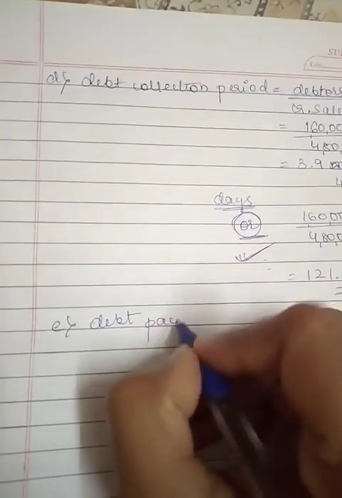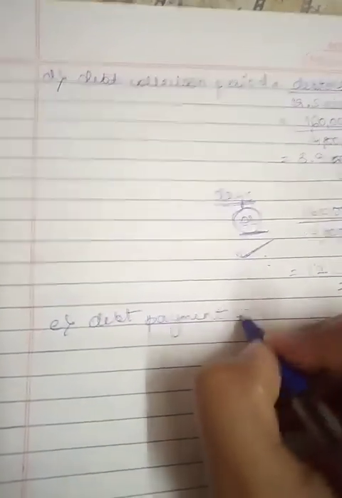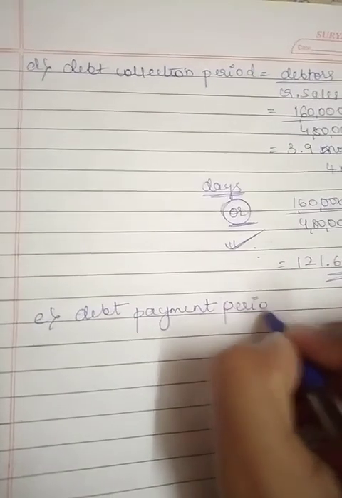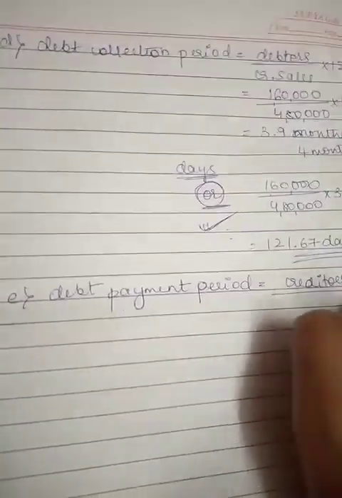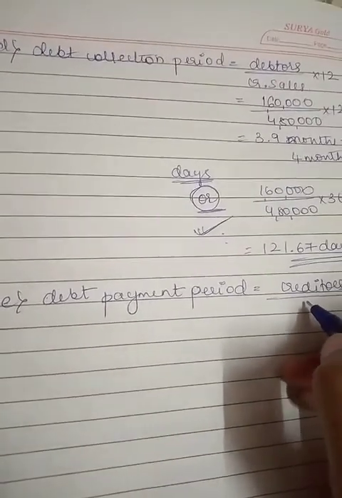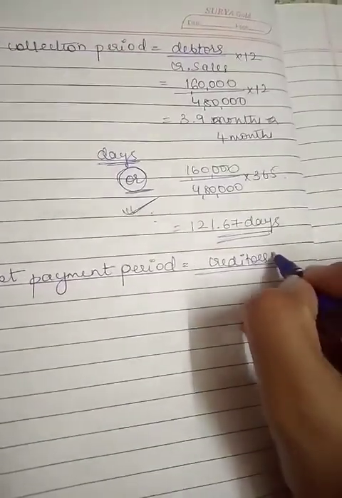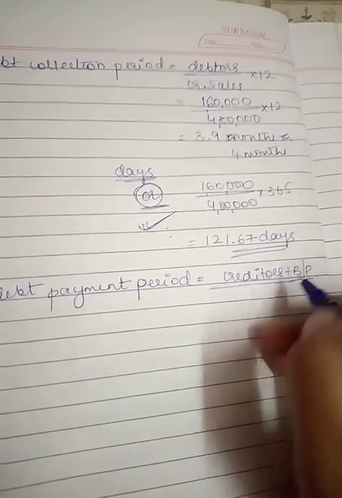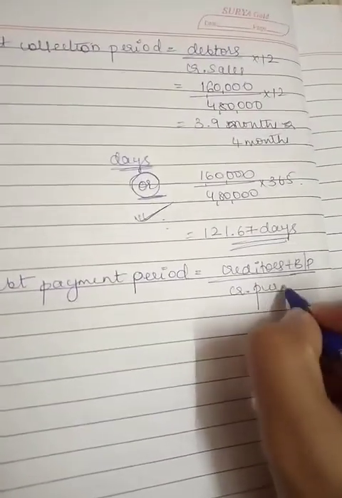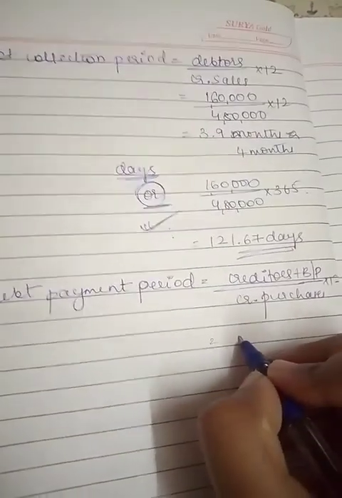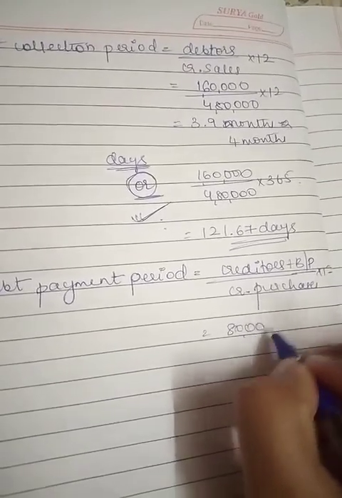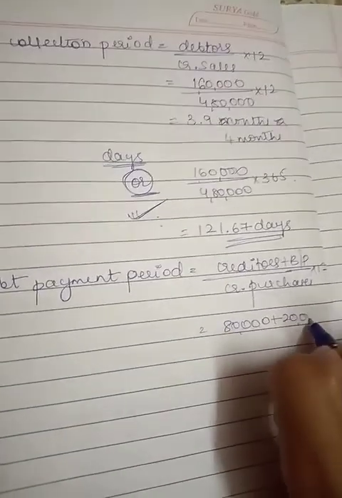Payment goes on with the information of creditors. In the same way, compute the debt payment period. That is creditors divided by... here there are not only the creditors, there are also bills payable. So creditors plus bills payable divided by credit purchases into 12. Okay, so what are the creditors here? It is 80,000 plus 20,000 divided by